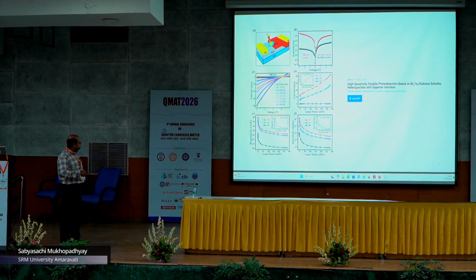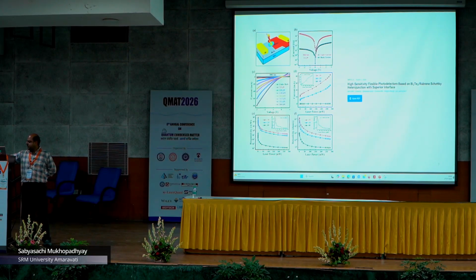So detectivity, if you see, is of the order of 10 to the power 13 Jones, and responsivity is also of the order of 10 to the power 3. So it has a very low dark current and can be used for photodetectors at the IR scale. And if we make devices out of those materials, maybe we can make a nice vision camera because it works in the IR region.